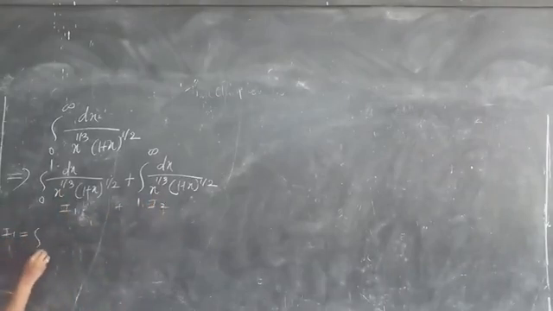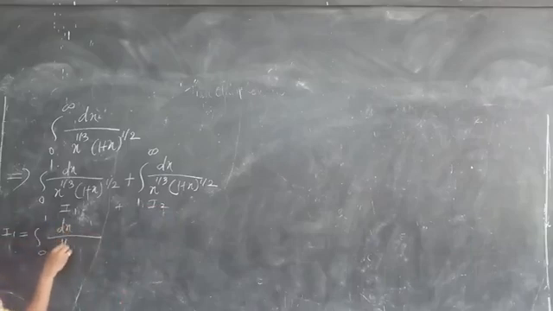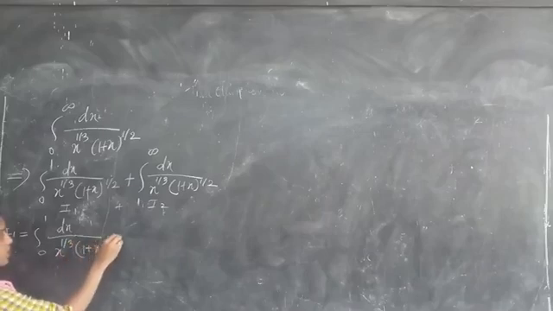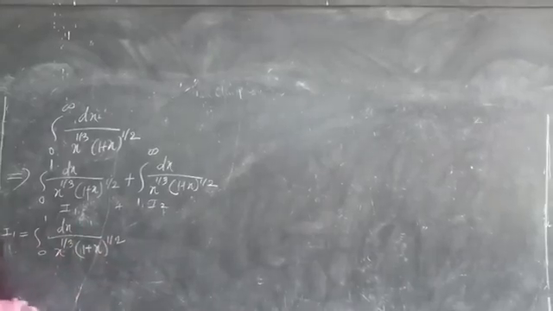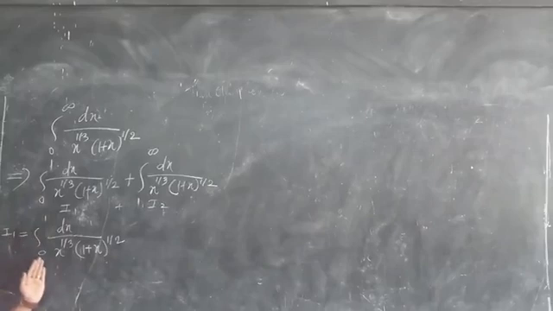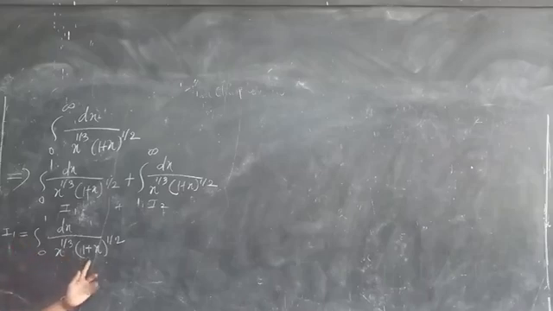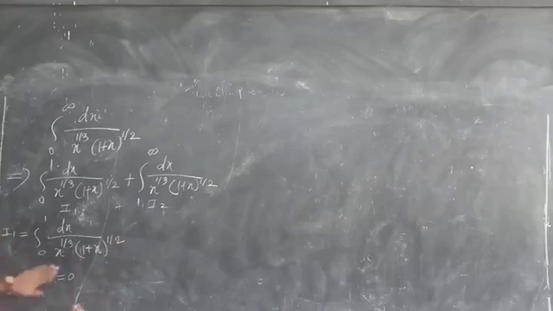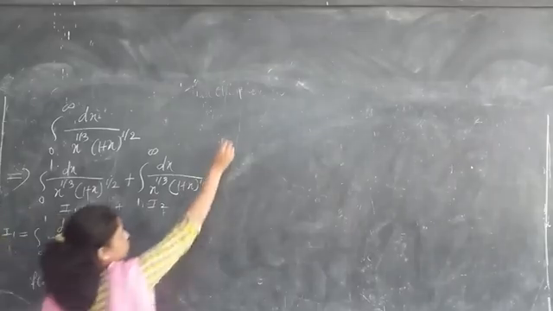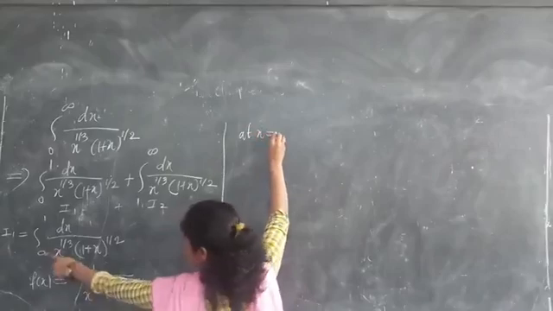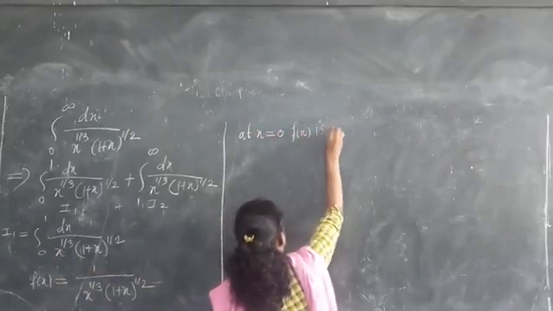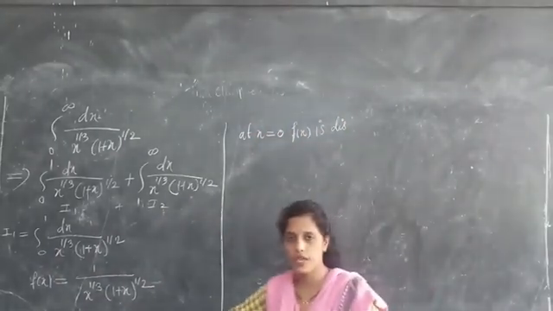Now we'll solve this. Consider it as I1 plus I2. I1 is the integration of 0 to 1 dx divided by x to the power 1/3 into (1 plus x) to the power 1/2. The discontinuity point we can take now: 0 is the discontinuity point of this integral, because if we substitute 0 it is discontinuous. Therefore, f of x is equal to 1 divided by x to the power 1/3 into (1 plus x) to the power 1/2, and at x equal to 0, f of x is discontinuous.